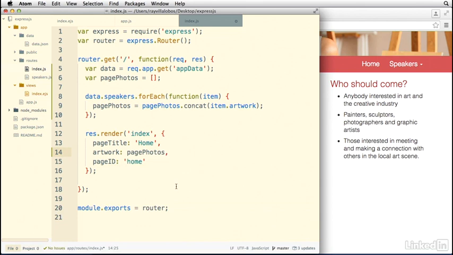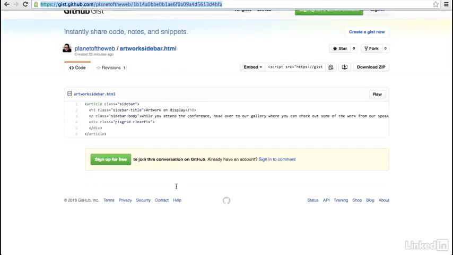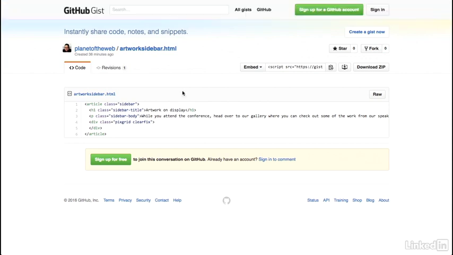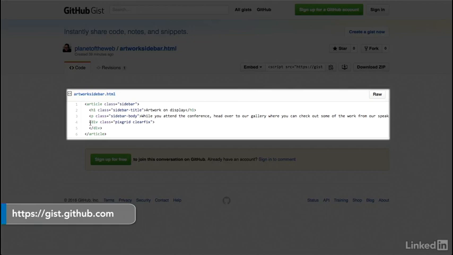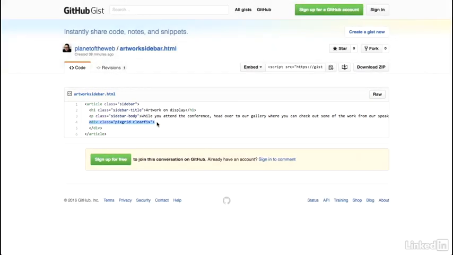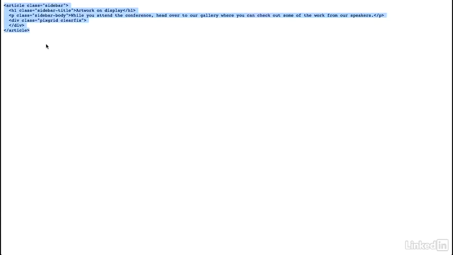I don't want to bore you with typing a bunch of HTML, so I created a starter gist at this URL. So I have a bunch of HTML that I've made right here. Notice that there's a div with a class of PixGrid, and this is what my JavaScript file is expecting, and then a bunch of art in here. So I'm going to click on this raw button just to get the code, select everything, and then copy it,